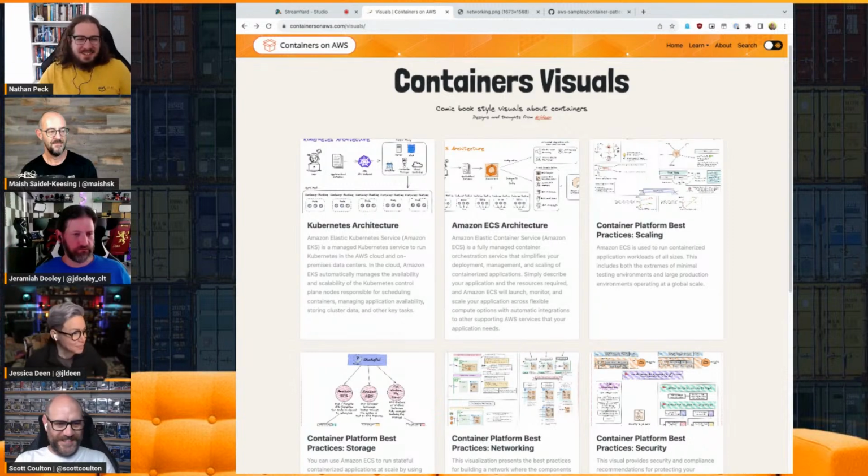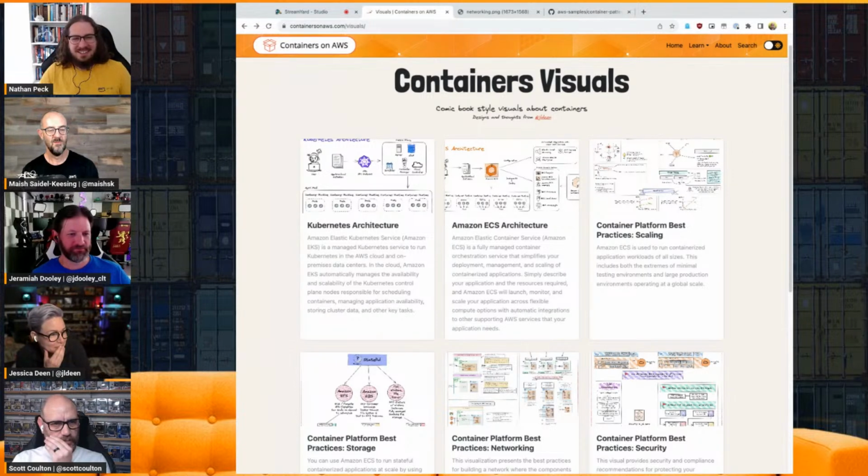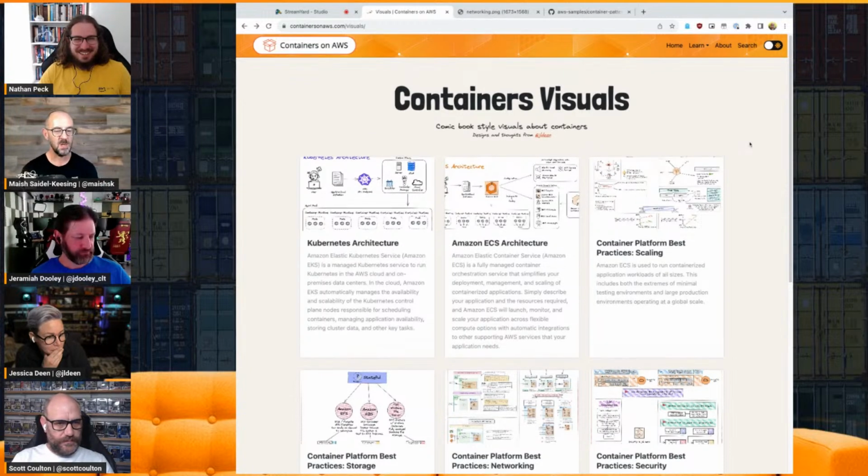That sounds like we need to make a pattern for deploying Excalidraw on AWS Fargate. And how to deploy a new pattern or visual, in this case, to containers on AWS in an easy way as well. So we can do that as well.